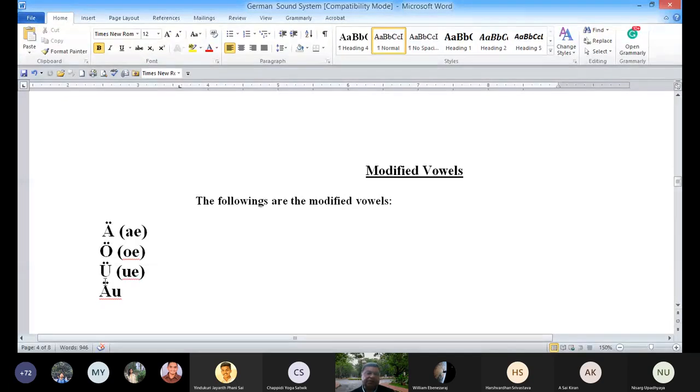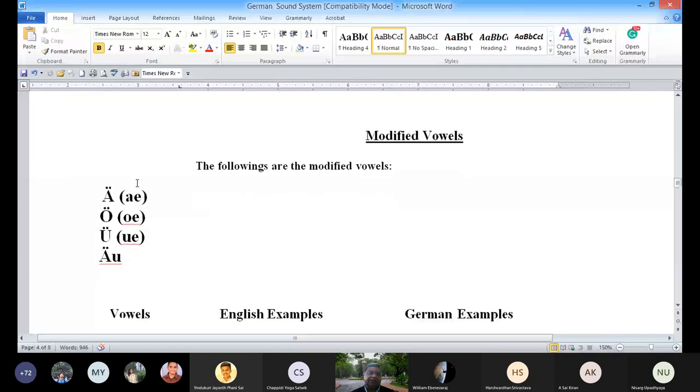And these 2 dots are used only with 3 vowels, A, O, and U. We write A, and just above A, we put 2 dots. And we read it A umlaut. This we read like O umlaut. And this we read U umlaut. So when we put 2 dots, the vowel has been modified. That's why it is called modified vowels. And when it is modified, then there is a difference in pronunciation. So let us see how they are pronounced. And there is one diphthong in this combination, with the modified vowel. A umlaut U, only one, A umlaut U.